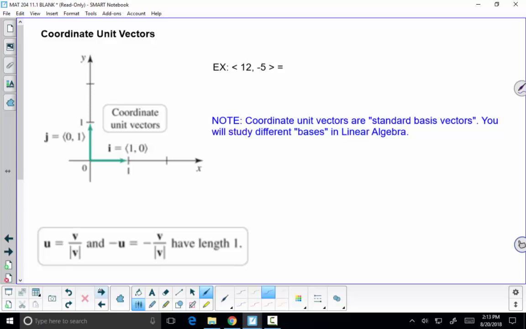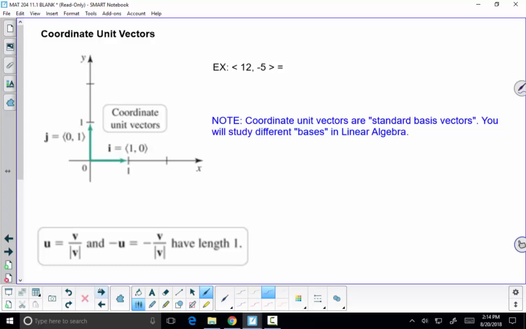All right, so for the most part, the stuff that we've done so far is not super abstract, not super technical. When we start getting into unit vectors, this is where all of a sudden it feels like you have to think a little bit more carefully. So first off, let's make sure that we understand what a unit vector is. A unit vector is just a vector that has a magnitude of